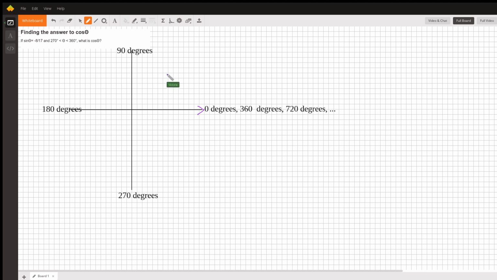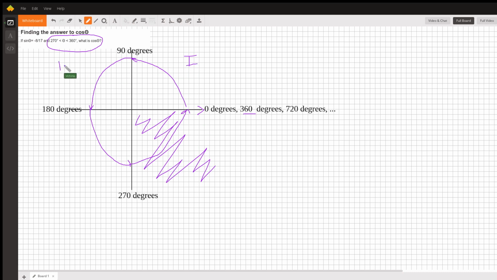And if I move this way and I stop here, I get to 90 degrees. And I keep going, I get to 180. And I keep going and I get to 270. And I keep going and I'm back at 0, but I've moved through 360 degrees. So the fact that they want it between 270 and 360 degrees means they want it here in the